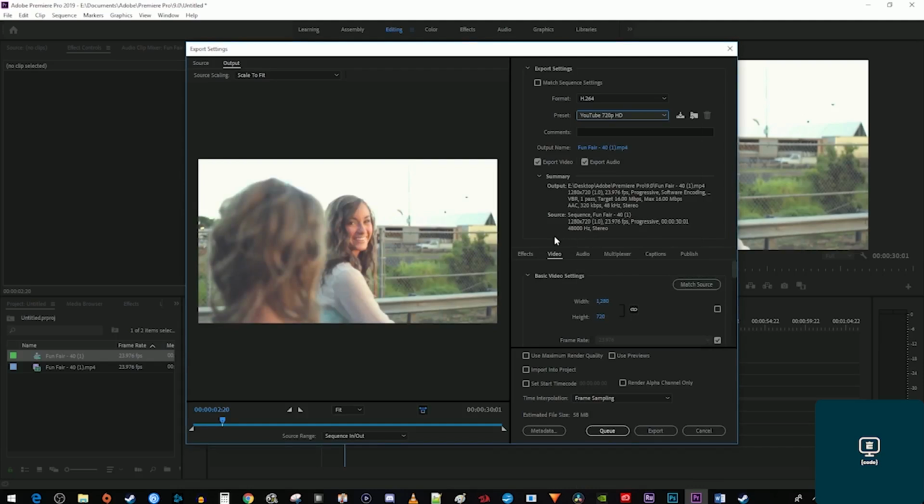Under the Video tab, leave the width, height, frame rate, field order, aspect, and TV standard alone. But make sure you check the Render at Maximum Depth setting. The encoding settings are also fine the way they are, just make sure the profile is set to high and level is at 4.2. However, if your footage is HDR, make sure you set the profile to high 10 and